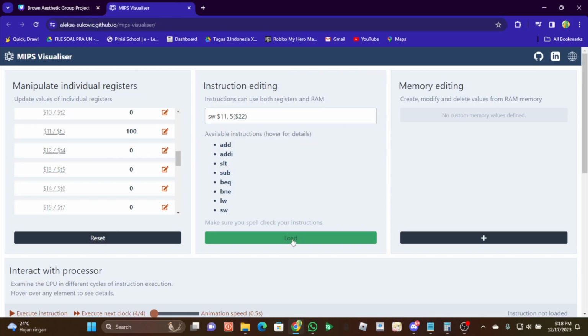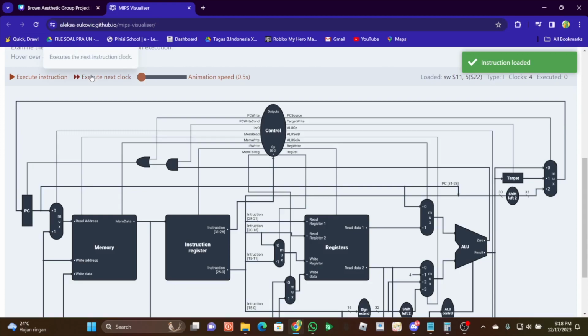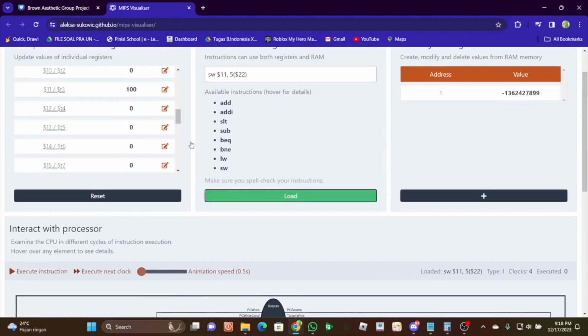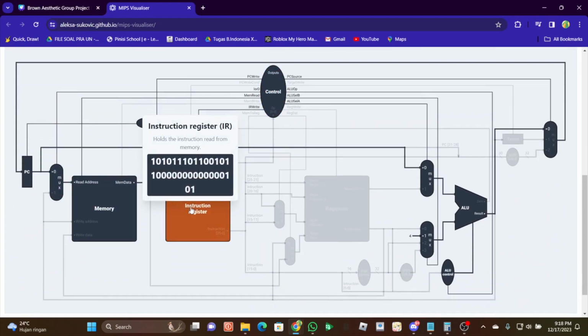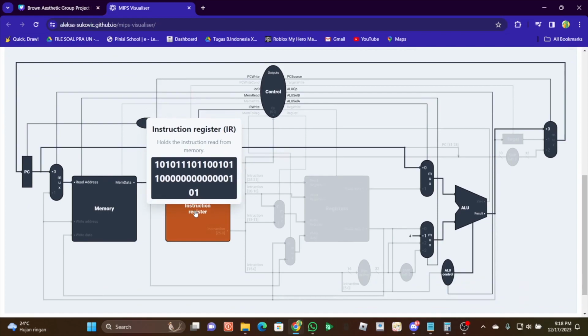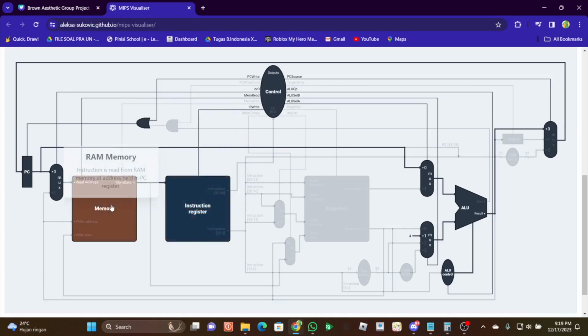Okay, after that we load, then we execute the instruction. Okay, this is the first process, or the first clock. The first process is the instruction register holding the instruction read from the memory.